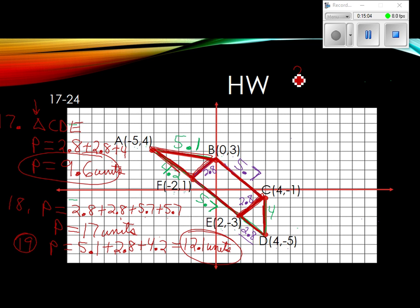Number 20. Find the perimeter of the quadrilateral ABCD. A, B, C, D, that's the whole thing. So we're going to have to do the whole outside and leave off these 2.8s. They're not part of the perimeter. So on this one, we're going to add up